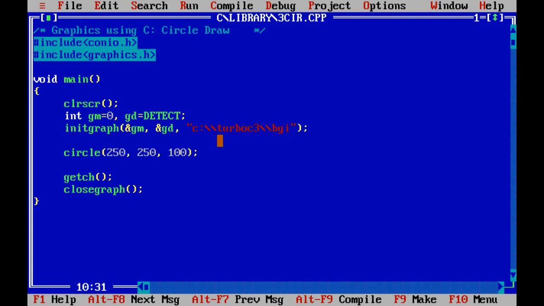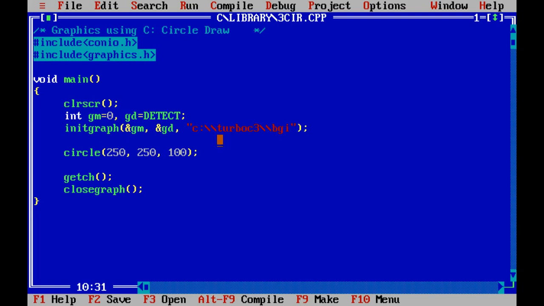Now I wish to show the output once again. Okay, I draw the circle. If we wish to draw another circle with a different radius, what do we have to do? Now I draw another circle.